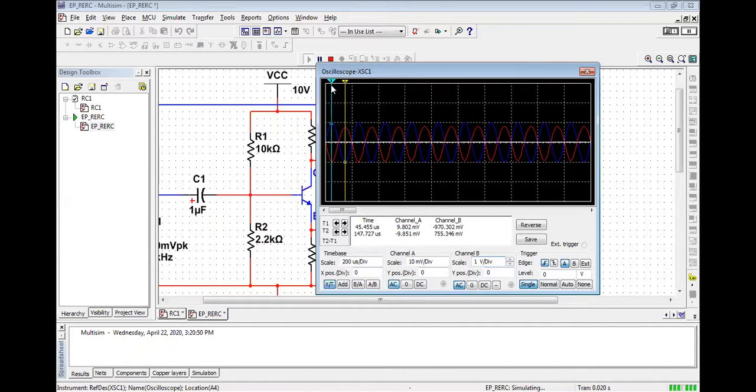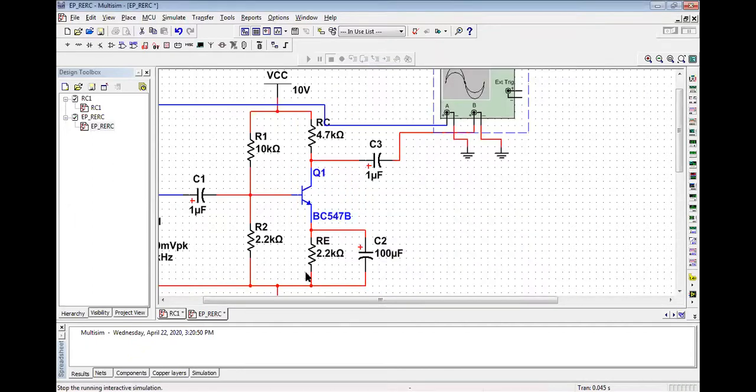In the earlier case, when RE equal to 1.5, V out is 2.38 volt. Here, in this case, when RE equal to 2.2, the final V out of this common emitter amplifier is 1.72. So here you can find that output voltage is decreasing. If we increase the value of RE, the voltage is decreasing. Now I'm going to take one more value, from 2.2.